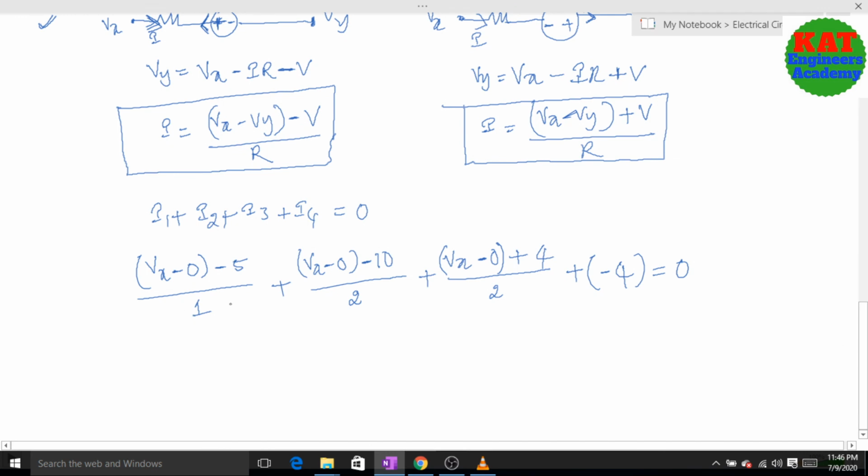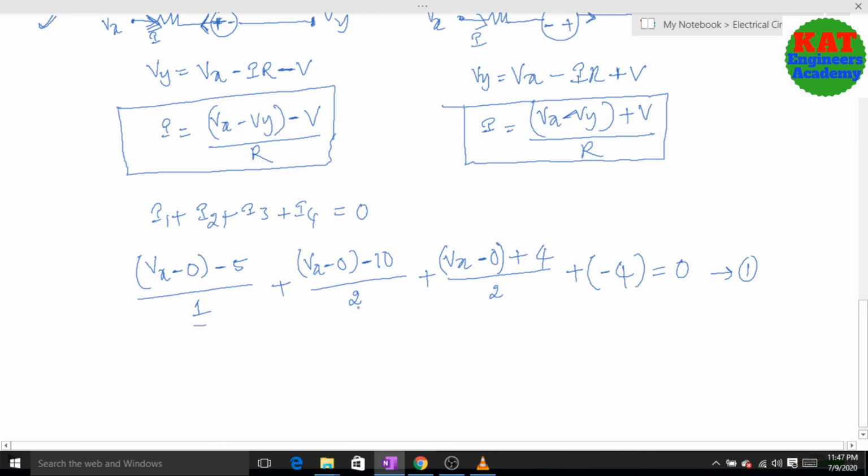Okay, now simplify this KCL equation. Finally we will get the Vx value. If you are having only one KCL equation, we will get the Vx. If you are having two equations, we have to simplify those two equations in order to evaluate the nodal voltage. But here we are having only one node, so finally we will get only one equation. This is related to the KCL equation. Now simplify this KCL equation. Finally you have to evaluate the nodal voltage, that is the fourth point. So finally simplify this equation.